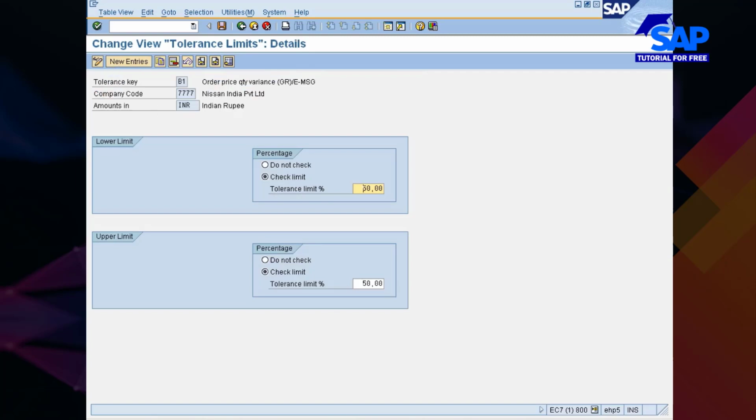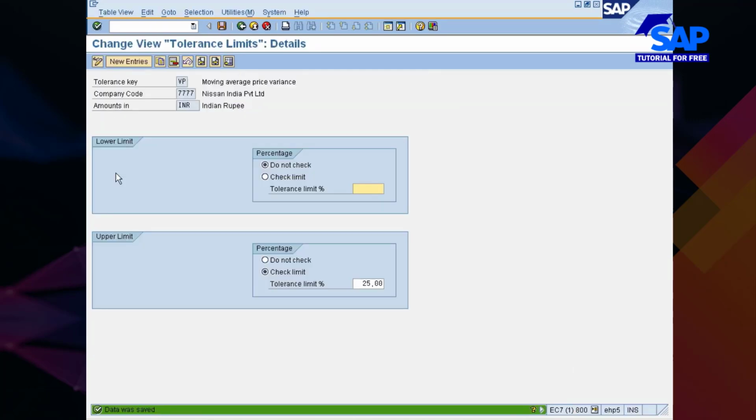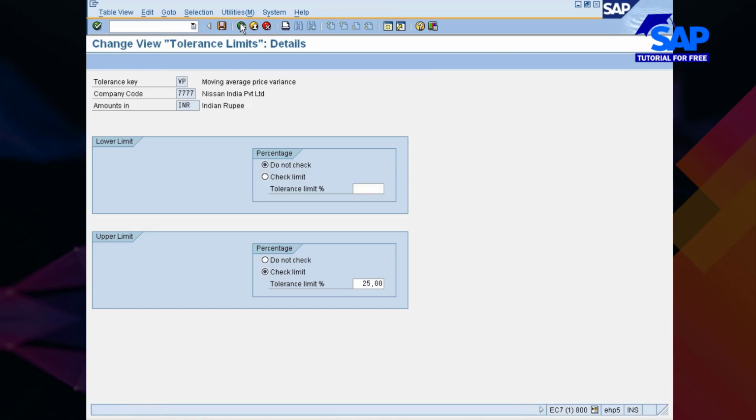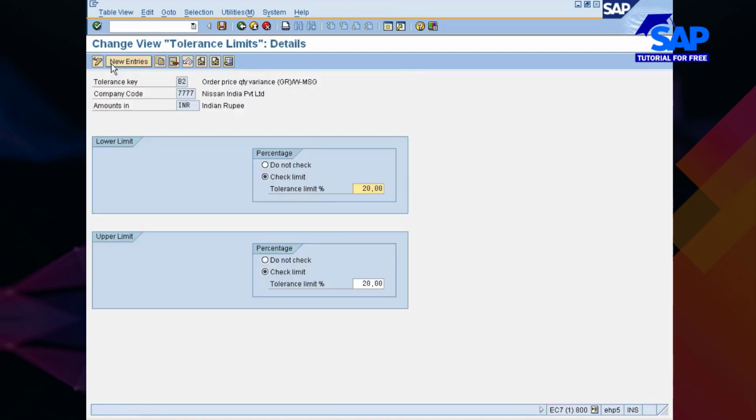So order price quantity variance, this is an error message. If the price deviation is 50%, I want it maintained as 50 or 30, whatever you want. This is the customer's value which you have to give. Any deviation up to 30%, I would consider as an error message. Any deviation of 10 to 15%, let's say 10%, I will treat as a warning message.